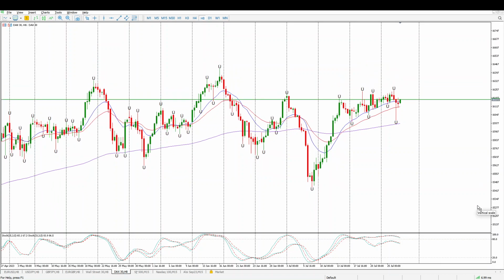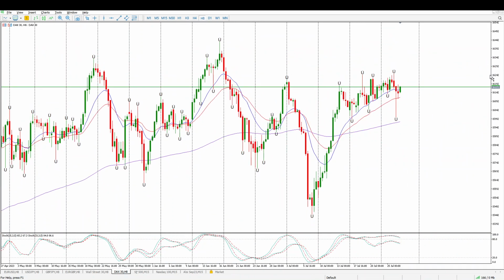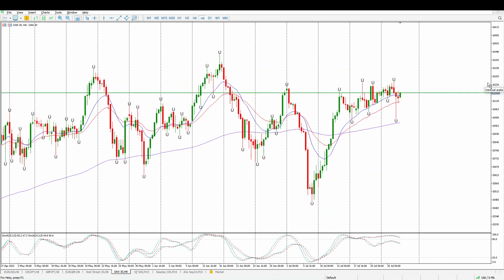So, yeah, the Feds were out yesterday announcing the interest rate hike, and that's basically the response. The market will start dropping, and then they also say there's a possibility of more interest rate hikes, and then we start climbing. Anyway, I'm not sure whether the market just doesn't believe them or whether it's all priced in. But anyway, the DAX at the moment is very much sideways, and this week, if you look at this pin